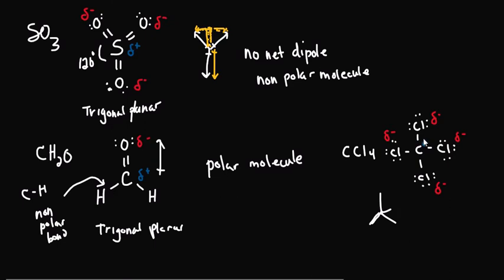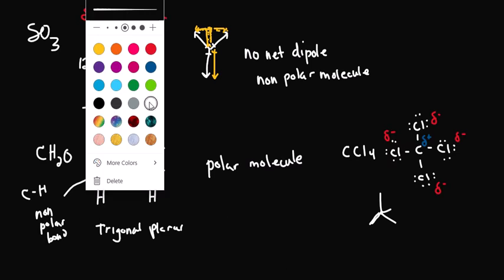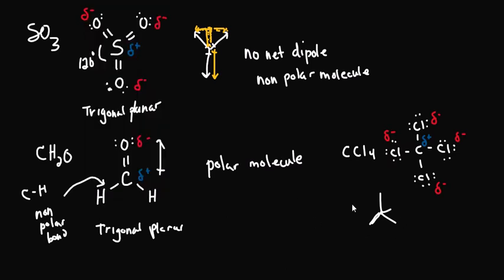Leaving that central carbon partially positive. But because this geometry, the tetrahedral geometry, which I sketched out here, it's very similar to the idea with my trigonal planar that the one up is 3 times the height as it is off the plane. So the one up cancels all 3 of the downward